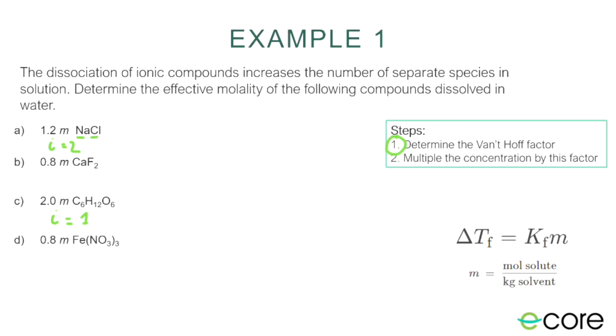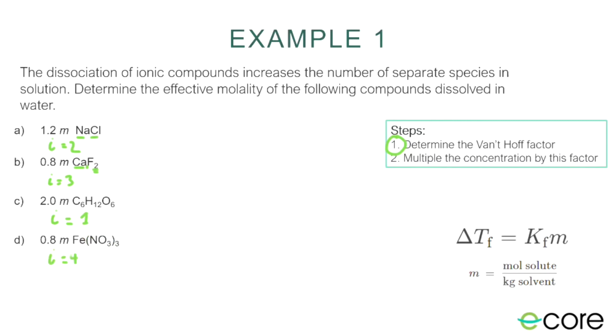Calcium fluoride falls apart into 1 calcium and 2 fluorines. So that means its i is 3. So it has a van 't Hoff factor of 3. Lastly, iron nitrate falls apart into 1 iron and 3 nitrates. Nitrate is a polyatomic ion, so this thing stays together, but there's 3 of them. Okay? And so what that means is there's a total of 4 ions, 1 iron, 3 nitrates,